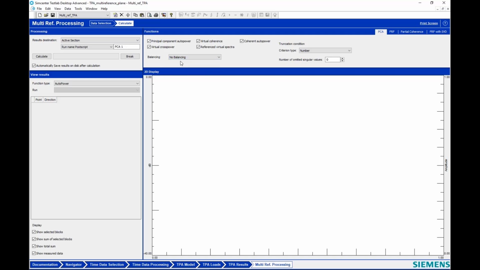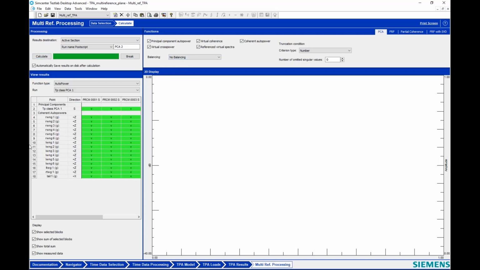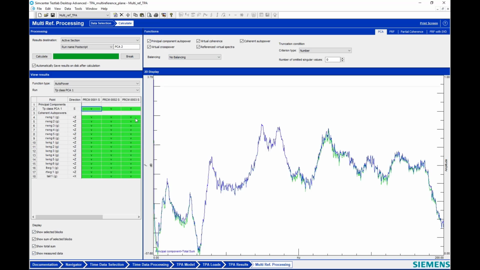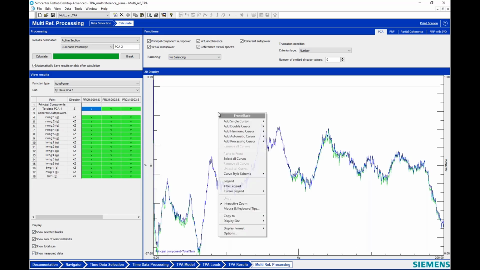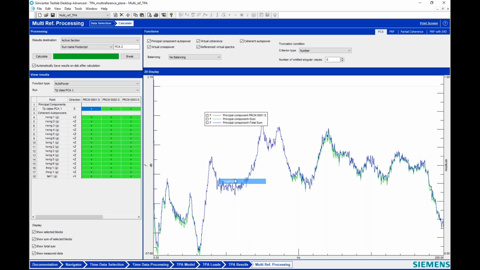It'll rank, I only have 1 unit, so that doesn't matter. But it's going to rank the effects of each of the references equally. And then I'm going to just calculate. And then down at the bottom, it gets kind of confusing because if I show 1 block, you can see in the legend it is actually showing several because I have the sum turned on in the total sum, and I'm going to turn off measured.